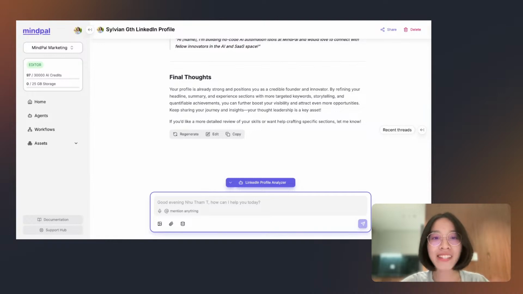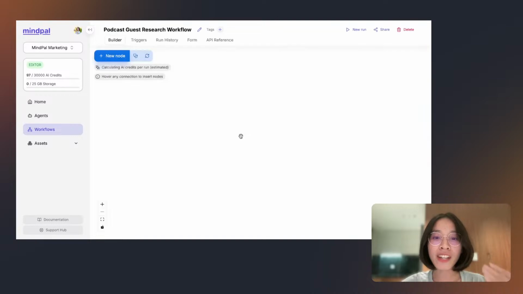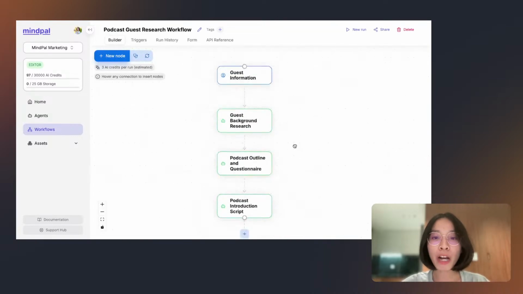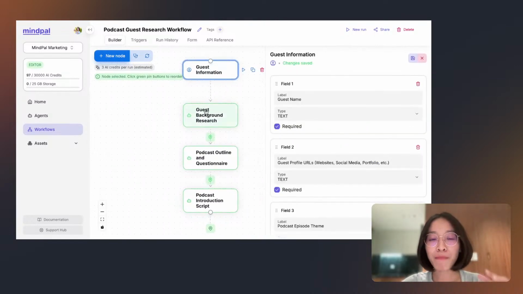what they did is that instead of building just a single AI agent here, they actually connect this AI agent with other AI agents to help them prepare for a podcast episode end to end. So this podcast guest researcher workflow is a multi-agent workflow on Mindpal that helps them do this. This is actually a real workflow one of my customers is using and is generous enough to share with me. But essentially, this is actually three